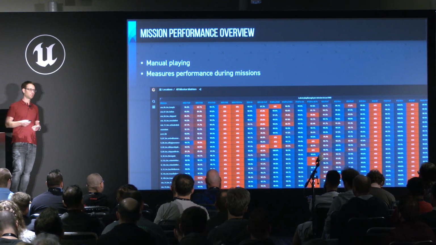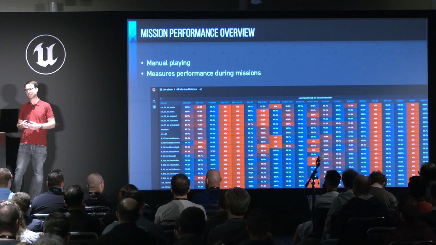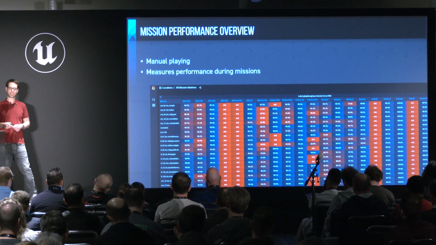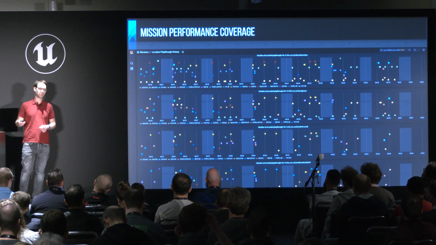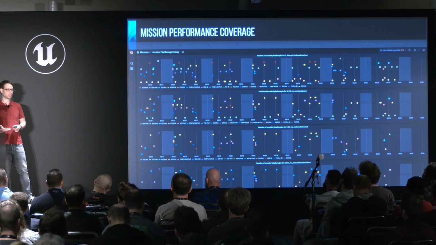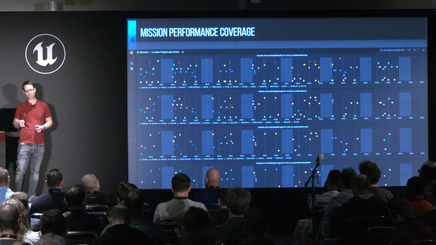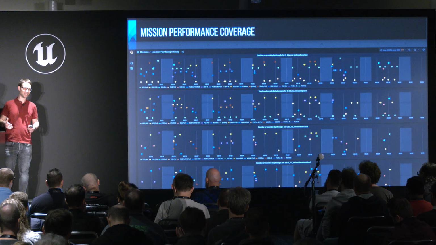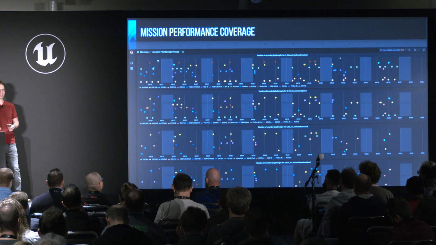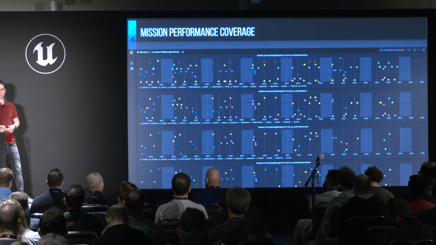As I said earlier, lots of manual playing went into this, so we needed to have actual QA testers play the game and make sure they generate this data. One important thing to watch out for is that you always want to have up-to-date data, because otherwise you will be basing your optimization decisions on old data, right? So you might go in and optimize one mission for one specific platform, and in what you're seeing locally, you are improving performance, and then the next day you look at the dashboard we just saw earlier, you still see that the performance is bad, and then you might optimize more. And that's, of course, not what we want. We always want up-to-date data.